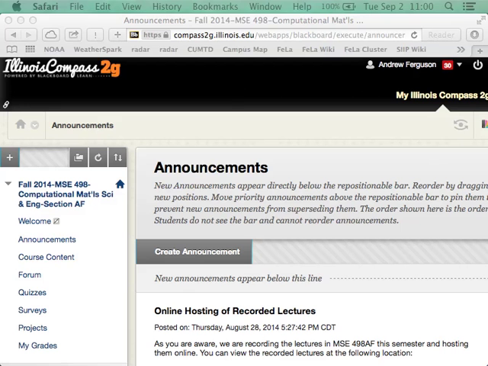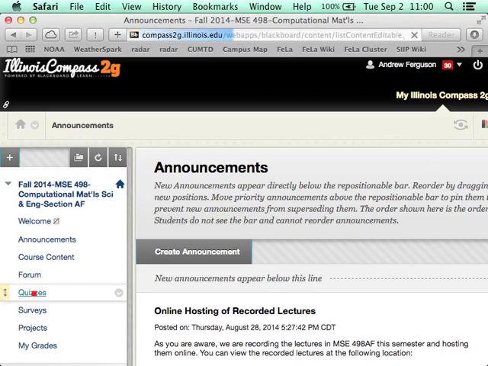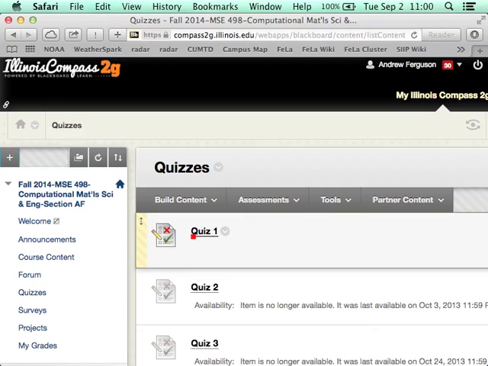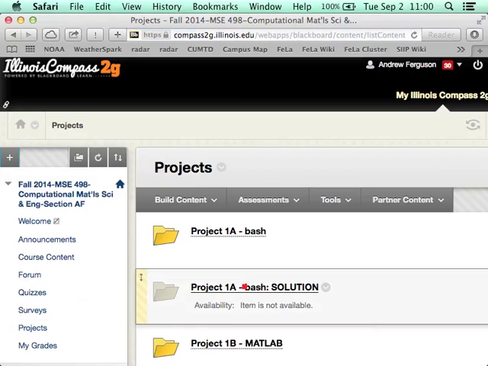The other part is, I've posted last time the quiz for Module 1, and Module 1 is Bash and MATLAB, and also the problem set, the project for Bash and MATLAB. Those things are all up there now, and we're going to finish Bash today and get about 75% through MATLAB, but I would encourage you to start working on these things just now. They're due in 9 days, a week on Thursday. So do leave yourself plenty of time to take a look at these, have problems, and ask me questions.